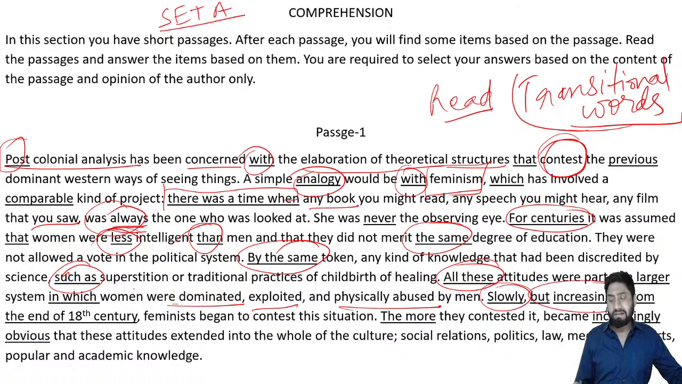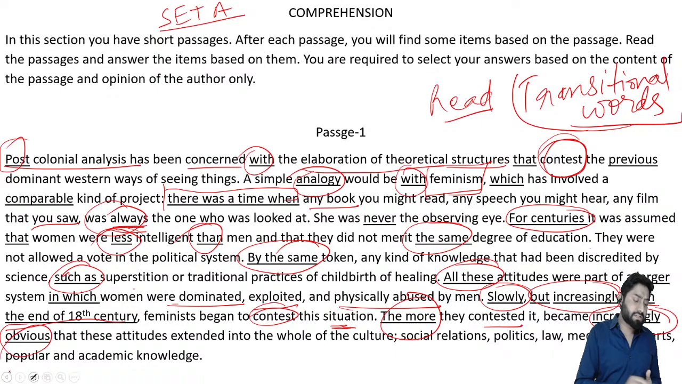Slowly but increasingly, from the end of the 18th century, these are all our transitional words, which give the flow of the passage. So by the end of the 18th century, feminists began to contest what? This situation, this belief. The more they contested, it became increasingly obvious that